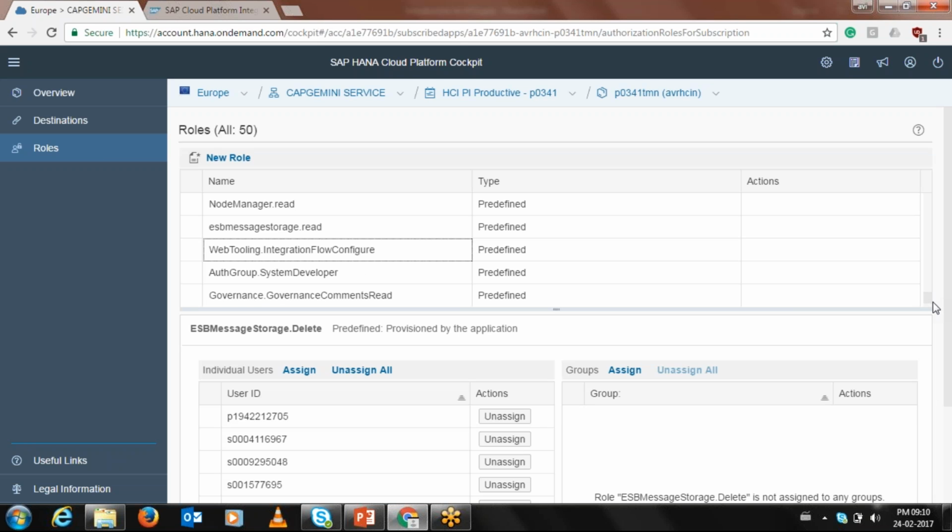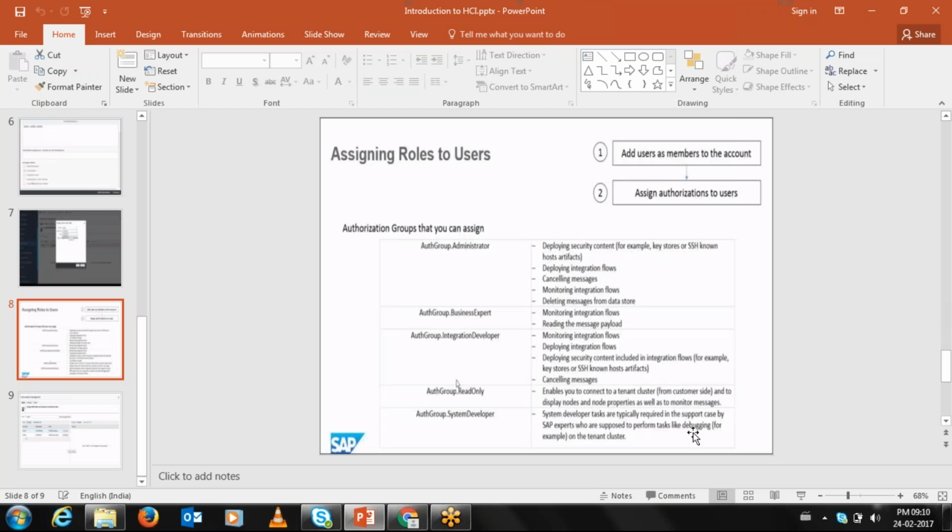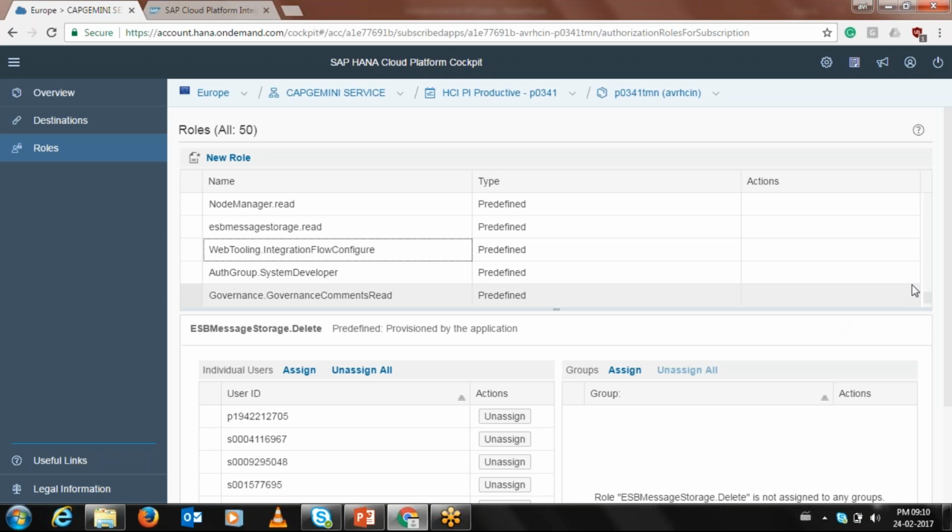They have created so many roles. In this, there is system developer, which I have shown you. These are the roles in the list which are used in the PI, in this HCI. Let me find it, one second.